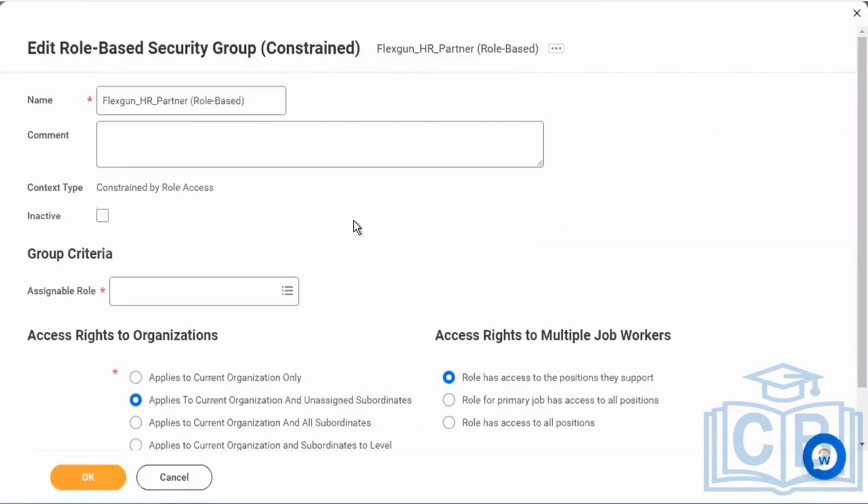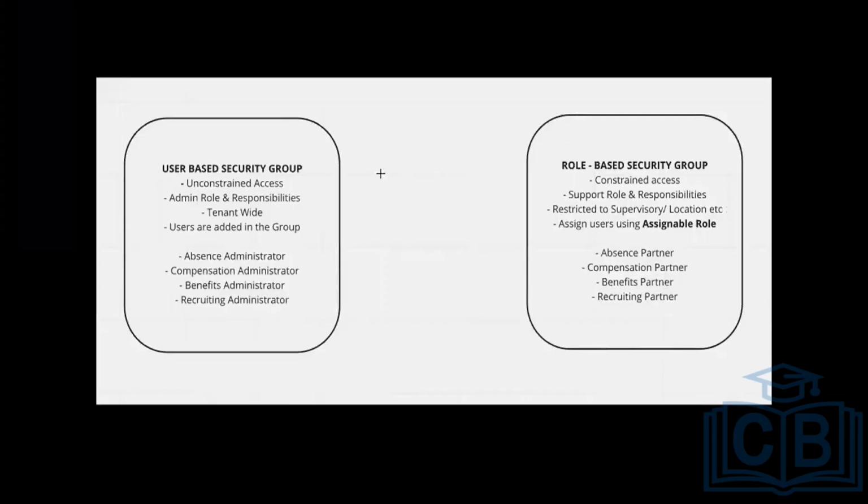But if I circle back to one of the initial visuals on the left-hand side, your role-based is your constrained access. We restrict the access. I'll show you how it's more of a support role and responsibilities. If you compare it with an admin, like I shared just now, an admin is the back-end person who troubleshoots, who maintains the configuration.